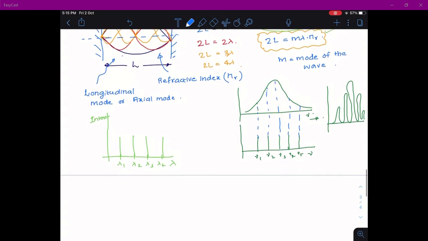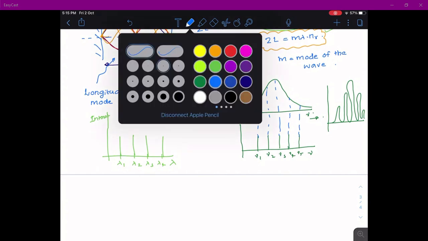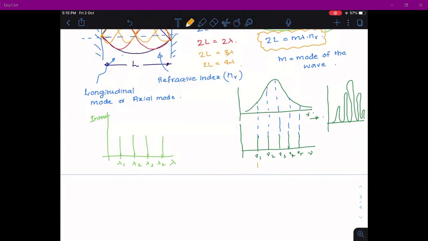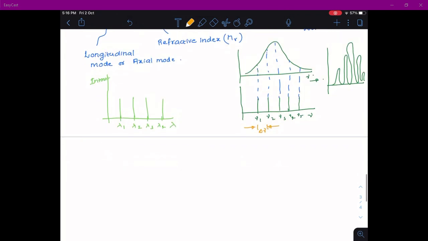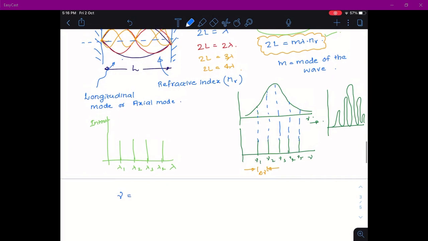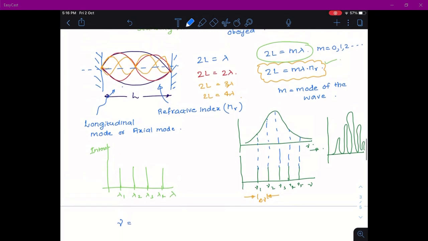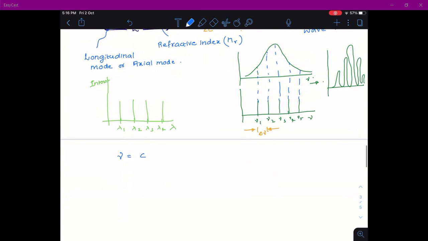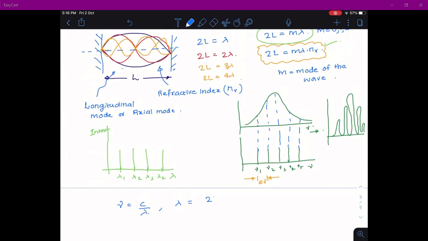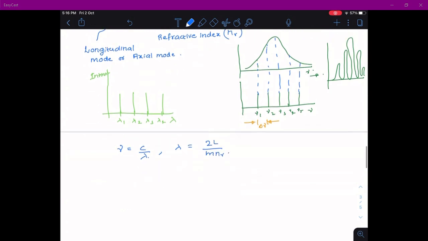And there is a separation between the modes. So this is something called delta nu. So there is a separation between any adjacent modes, and you see our equation for nu is equal to C by lambda, where lambda is equal to, from this equation, 2L by m nr. So I can substitute this. This is C by 2L